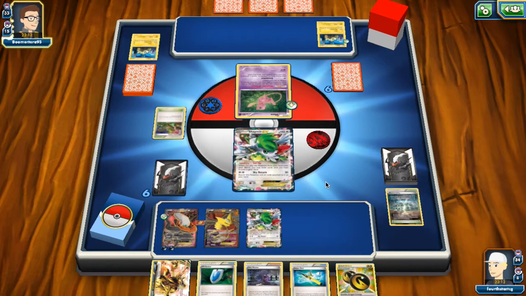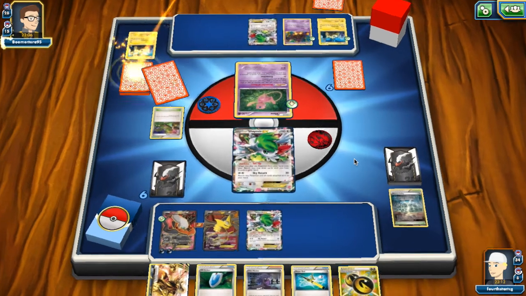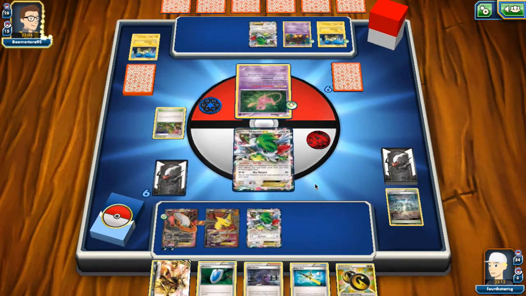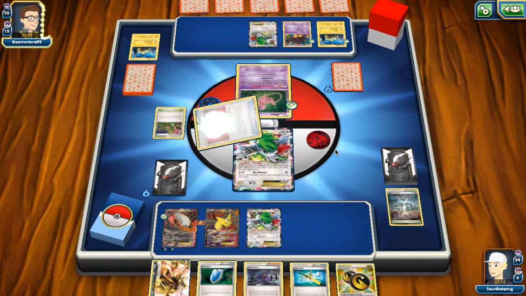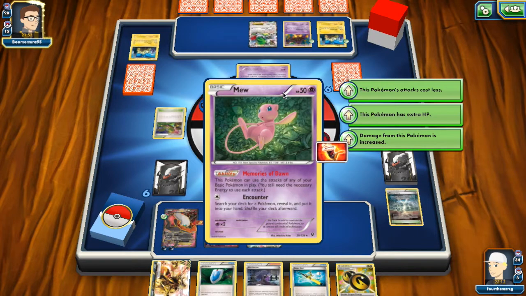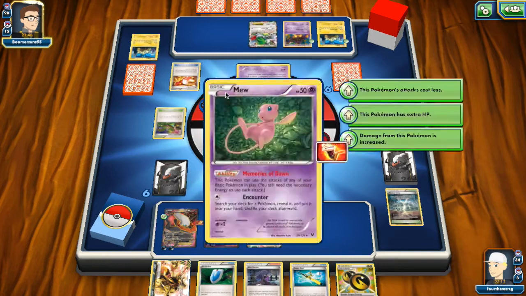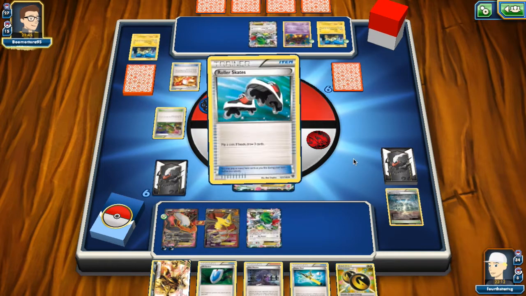Grabs a Pumpkaboo. I don't see a DCE just yet. Shaman's probably going to go down this turn. Really stinks to be giving up 2 prizes. But if he can't find that energy, then that's going to be...